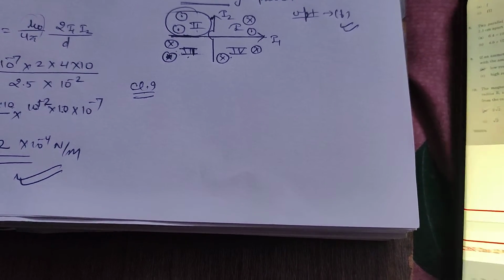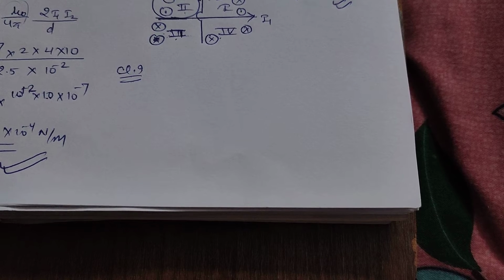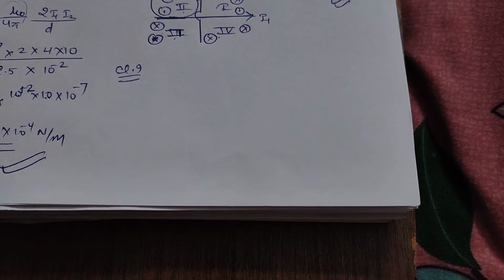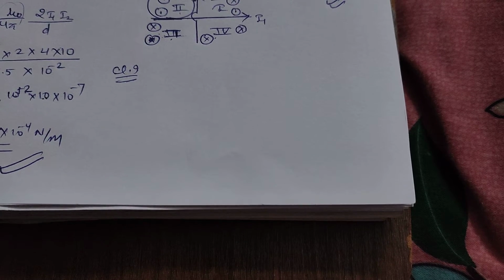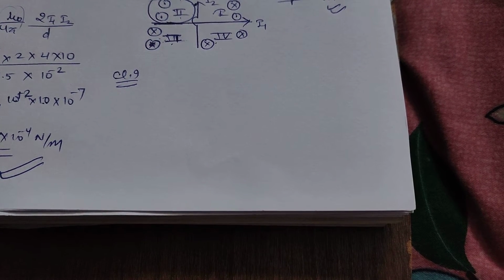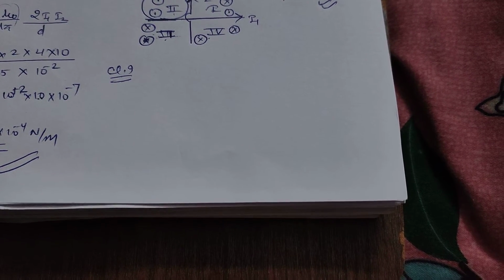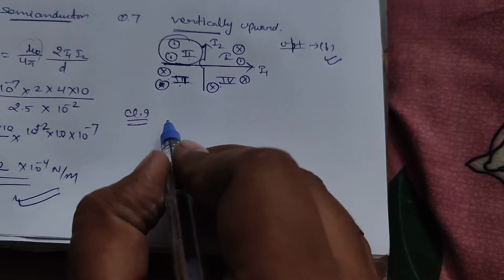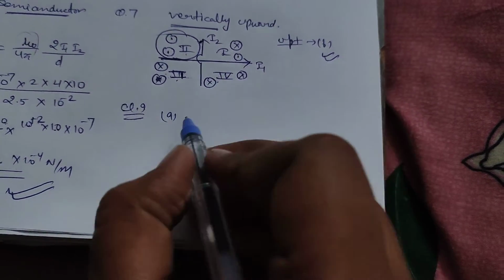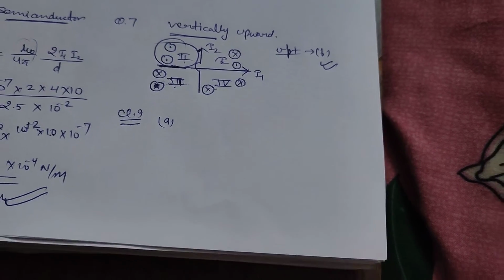In question number 9, the question is, if an ammeter is to be used in place of a voltmeter, then we must connect with the ammeter A. They want to know about how an ammeter is converted into a voltmeter. So it is a very theoretical question. Correct option is A. A low resistance is connected in parallel.